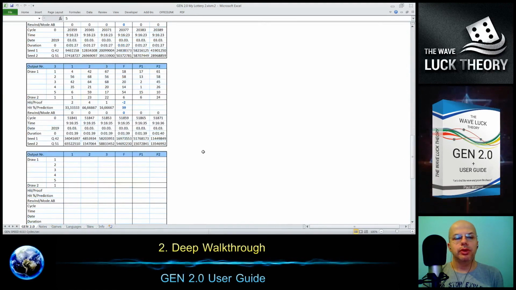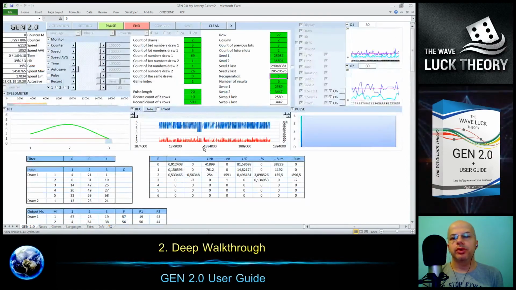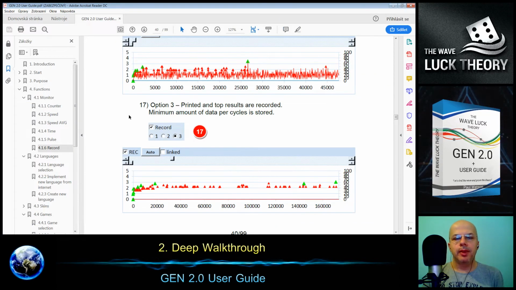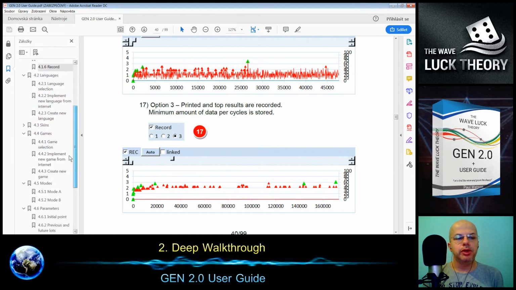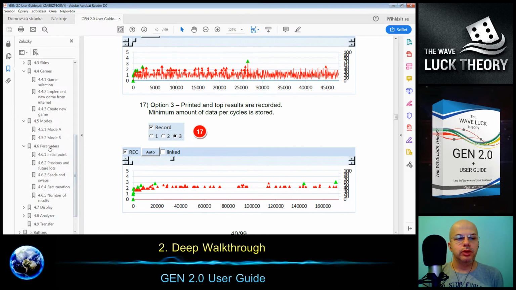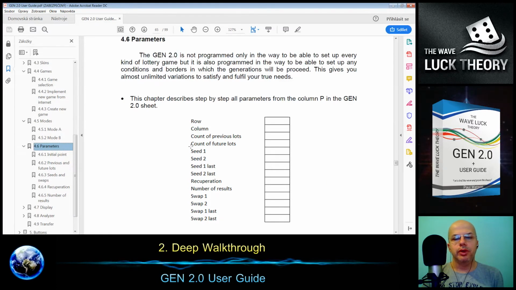So we still have the third best result. It's still running. The speed is a little bit higher, but it can be even higher. And I go to the parameters. This we have here, and we go to the recuperation.